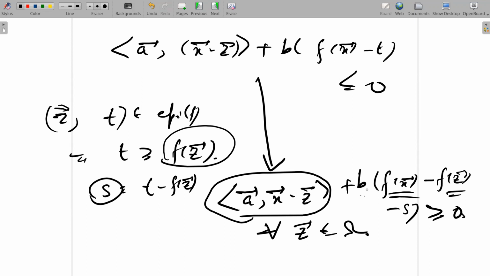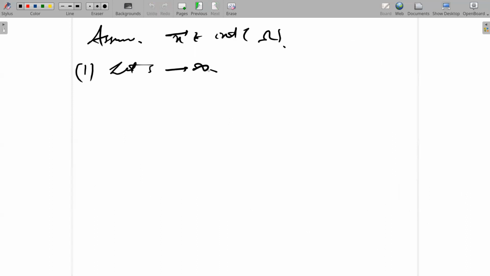Oh, did I put a, sorry, I think this is a less than or equal to sign. I changed the sign when I came from here to here. That's a mistake. So as I send S to infinity, this goes to minus infinity, but B times that must actually be less than or equal to 0. So B must be positive, because if B is strictly negative, then as S goes to infinity the product will become positive, and that will dominate because B has some modulus and this goes to minus infinity. So the product will go to infinity, which means at some point it will exceed 0 when you take the limit. So with this, we conclude that